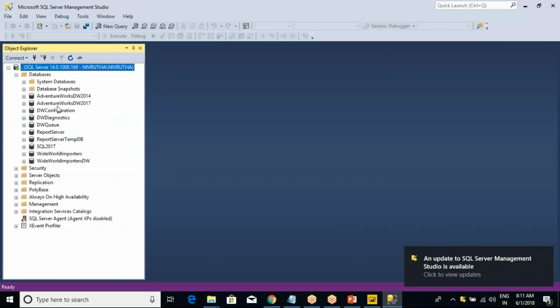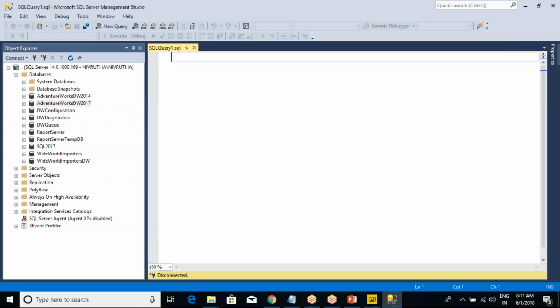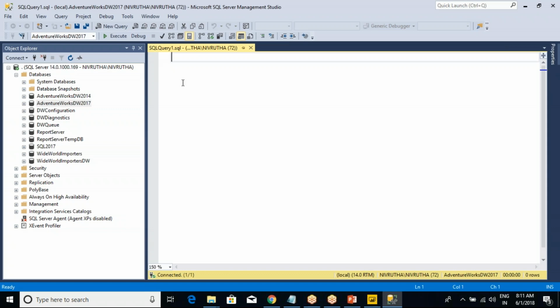We can relate it with SQL Server. Some people know SQL, some people don't know SQL. Whoever doesn't know, you can ignore it. So select star from